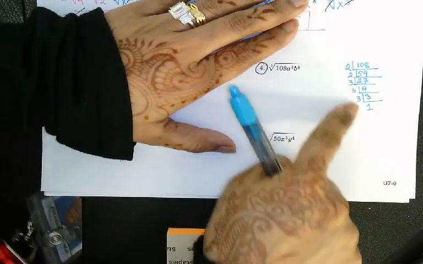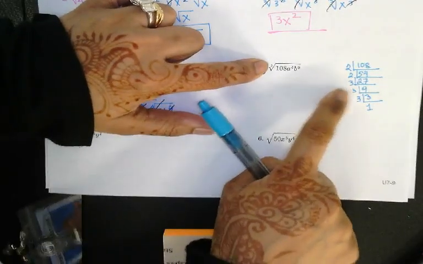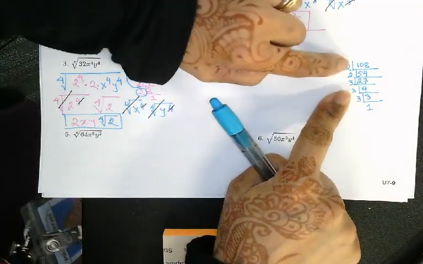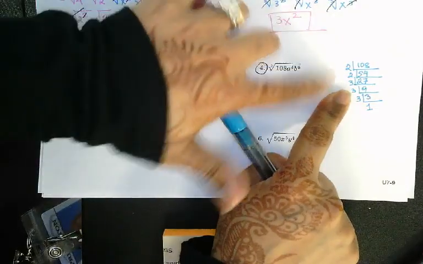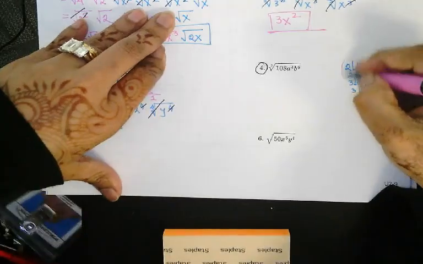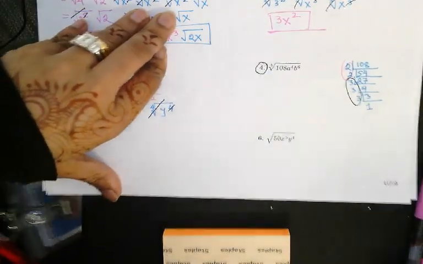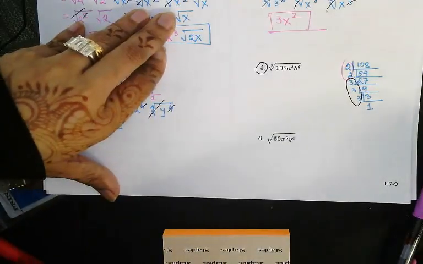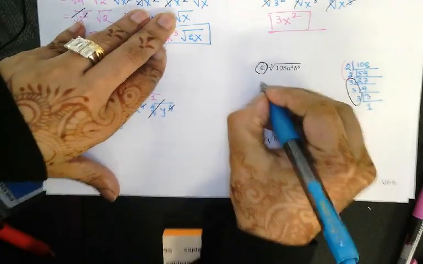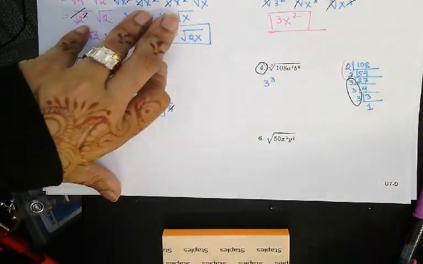Now over here I have 3 3's and I need a power of 3. So definitely I can make it a cube. And these 2 are separate because there are only 2 of them. I need a power of 3, so that's not going to work. So they're going to be together, and these are going to be together. So when you break it down, it's going to be 3 cube and 2 square. It really doesn't matter because I need a cube, so I can just keep it as a